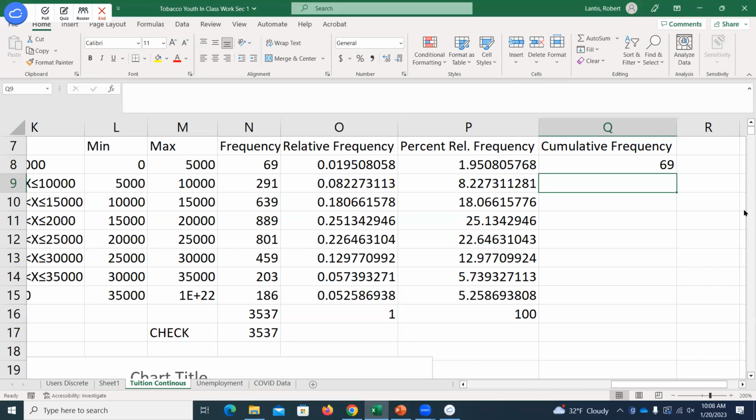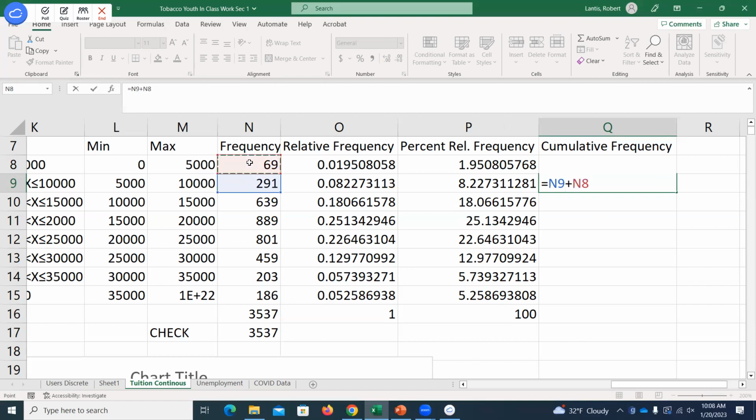So one way I could do this in Excel is to take the frequency of this bin and add to that the frequency of all the bins below it. Well, there's only one bin below it. Now don't copy this down yet, because we're actually going to replace that. This is just the first way I'm going to describe it to you. We'll go back and show you a quicker way of doing this, but that's the idea.